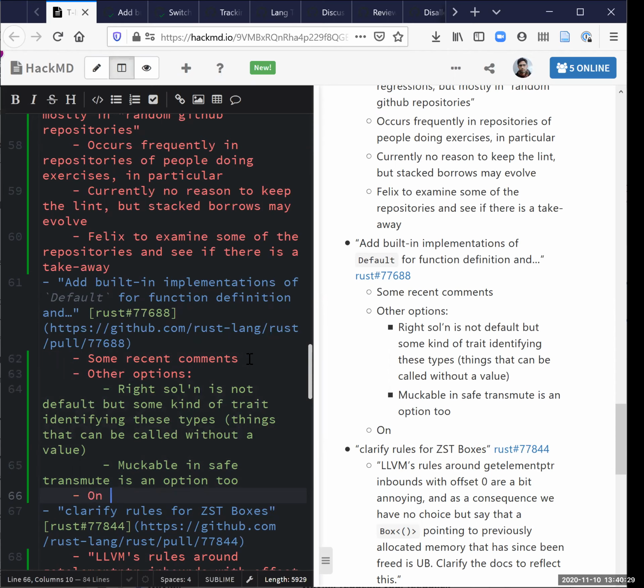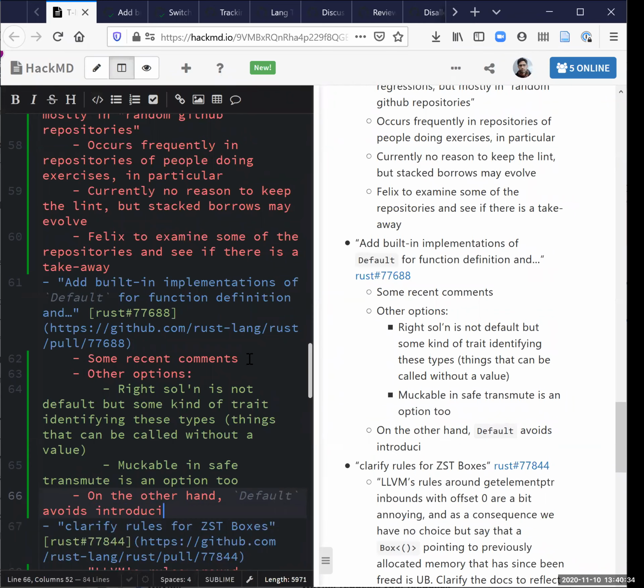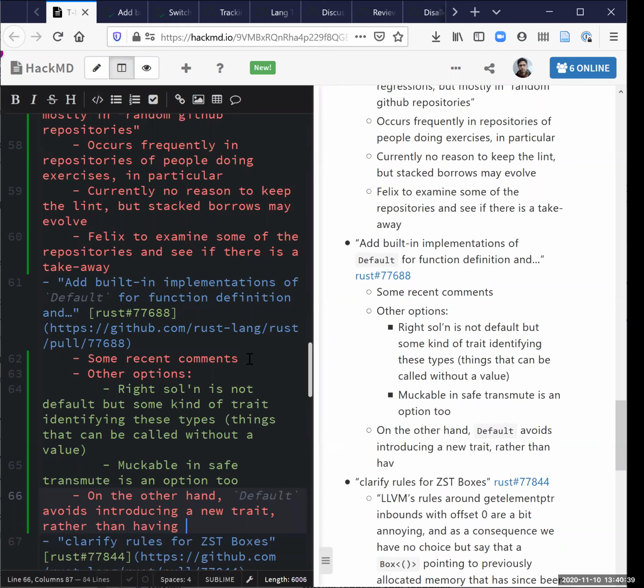So if we decide to have the behavior, I would think we should have them implement Default and also be transmutable from unit and just everything that, if we decide that we're going to implement the behavior of, if you know the type, you can call it, then we should do it through anything that users could think of. That's my attitude. Users shouldn't be in a situation where they're trying to do this and then they find out it doesn't work and then they're frustrated and confused and then they have to Google around forever to find the right way to do it because we decided that what they wanted to do was confusing. Either they can or they can't.